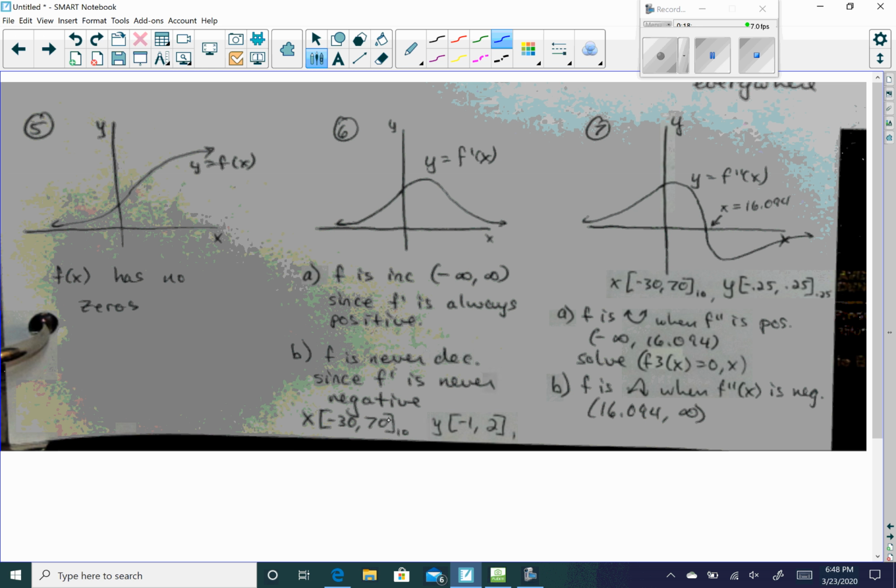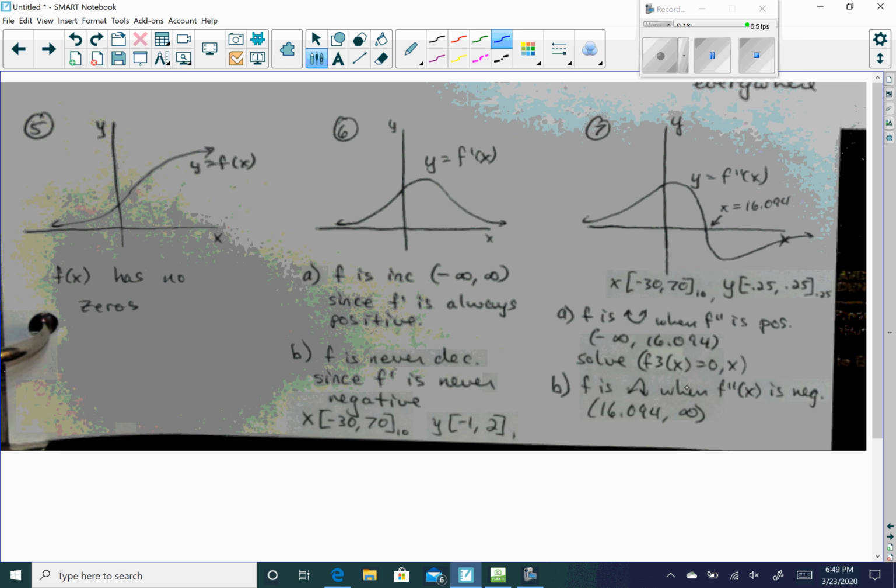For 7, it says draw the graph of f double prime of x and find where the graph of f is concave up and concave down. So we have right here where the graph of our second derivative changes from positive to negative. Therefore, we're going to have a point of inflection here. So f is concave up when f double prime is positive, and I just found the 0 here. So from negative infinity to 16.094,